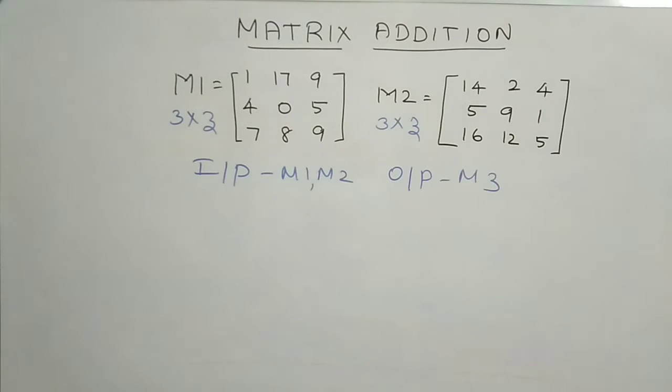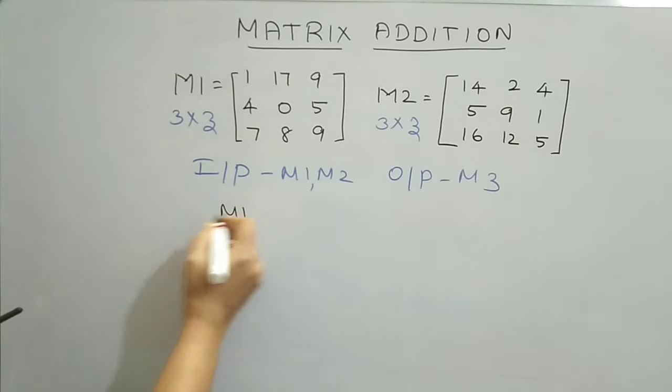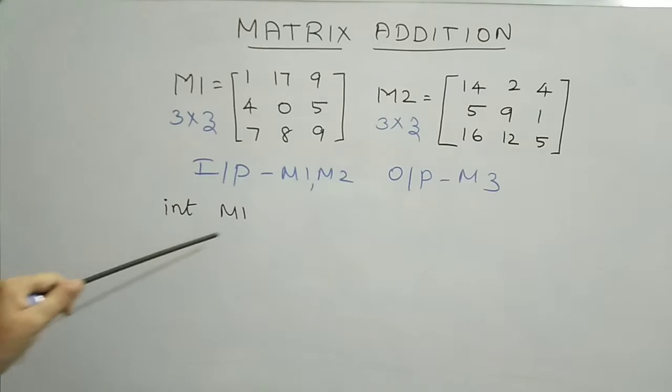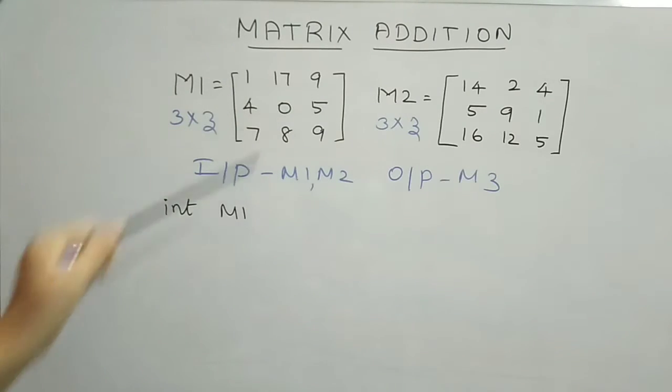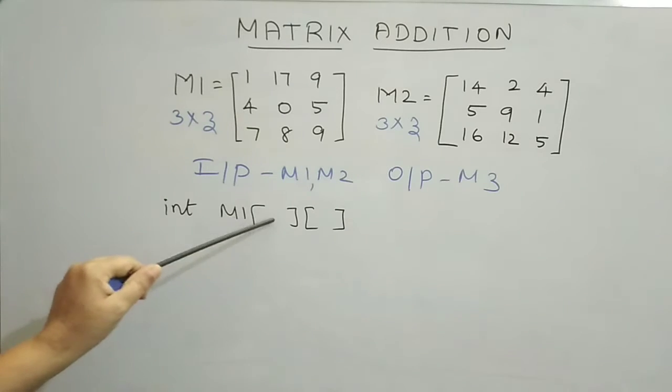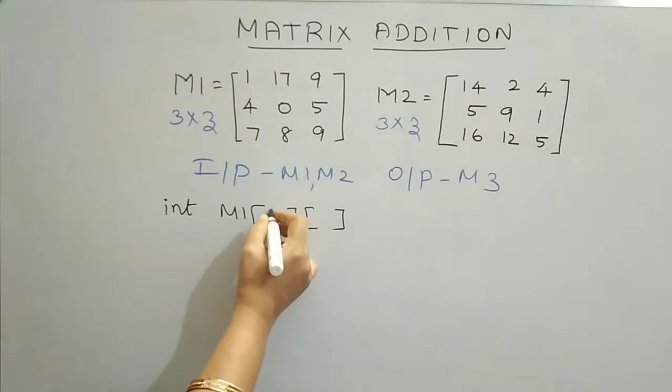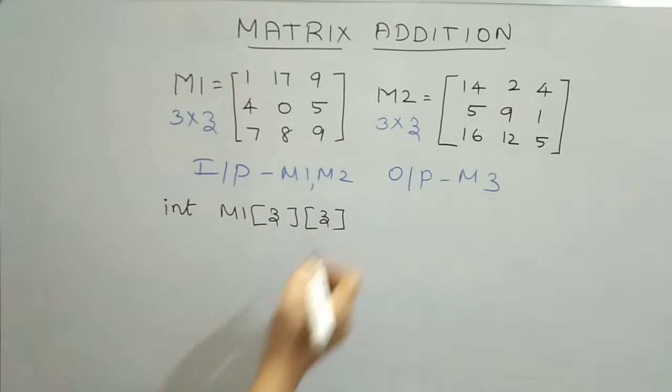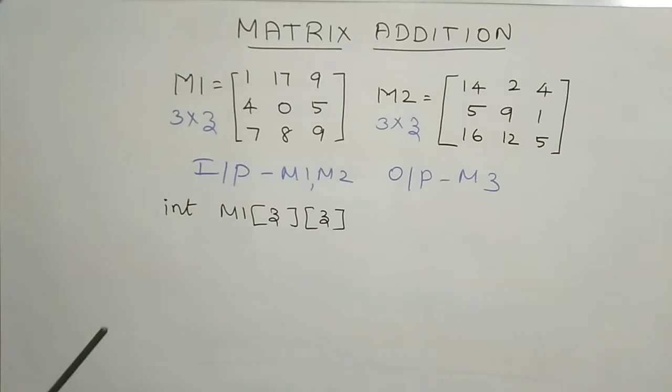How to implement this matrix in C? We can implement matrices in terms of a two-dimensional array. For example, M1 can be implemented like this. What is the data type of this two-dimensional array? We have integer data, so the data type is int M1. Since it is a two-dimensional array, it follows two dimensions. The first one is the maximum number of rows, that is 3, and the second dimension is the maximum number of columns. If we represent M1 in C as a two-dimensional array, we have at the maximum 3 rows and 3 columns.